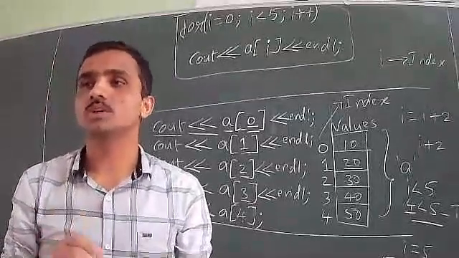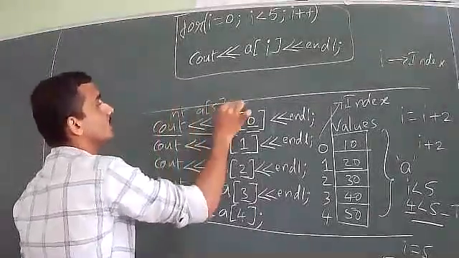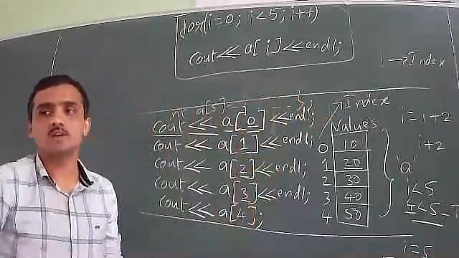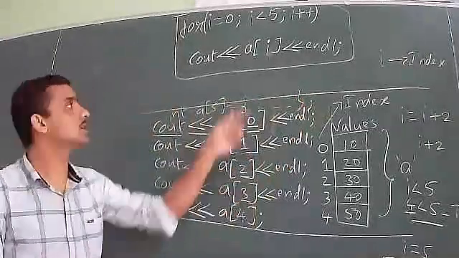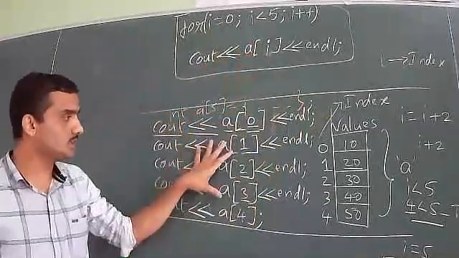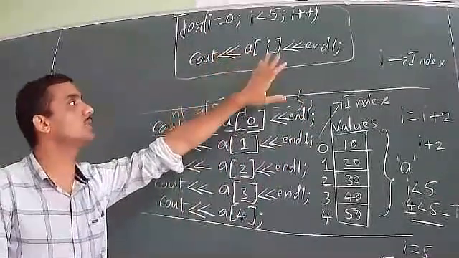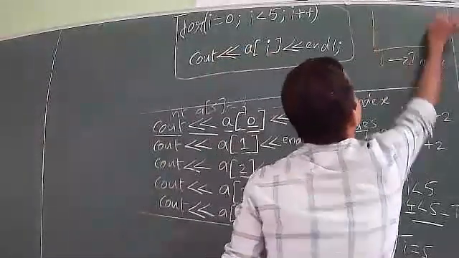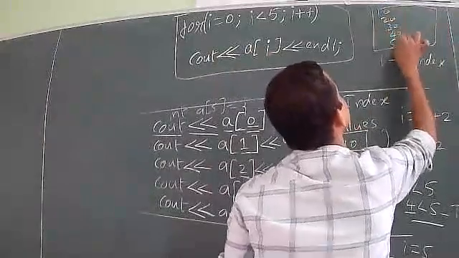So what you have to do is take an example like this, a[5] equals some values, and you say these are the initial values. We can print the values of a one-dimensional array by this statement, and we can even print the values of a one-dimensional array by writing a for loop. So you should write this one. If you don't write the other, it is okay, but you have to write this compulsorily: a for loop with cout of a[5]. So this will display it, and the output will be the same. That is, it will print 10, 20, 30, 40, 50.